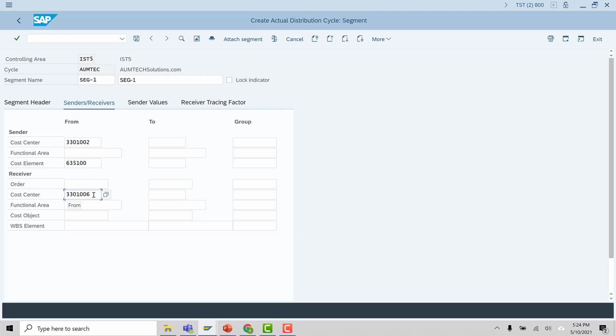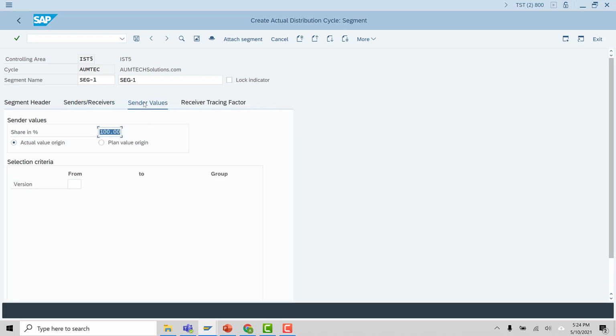How is that? Because we are doing distribution. When you go for assessment, this will be your cost element, but it will not appear in your receiving cost center. Click the next step, sender values. As you mentioned, percentage. So what percentage do we want to send? The full percentage, 100%.